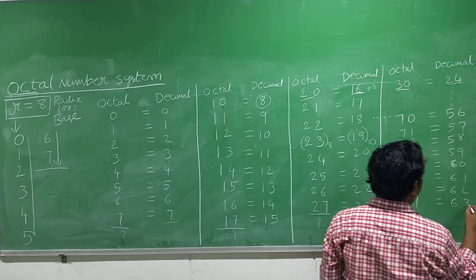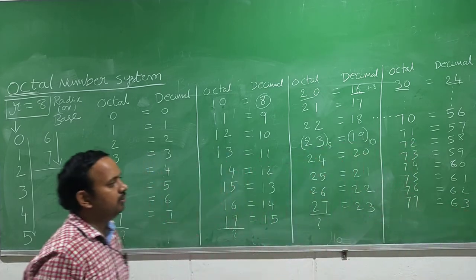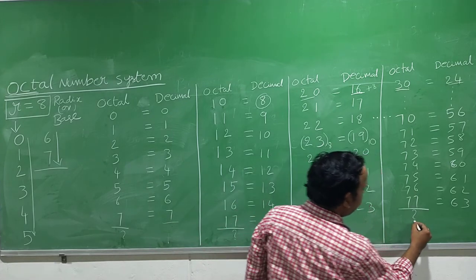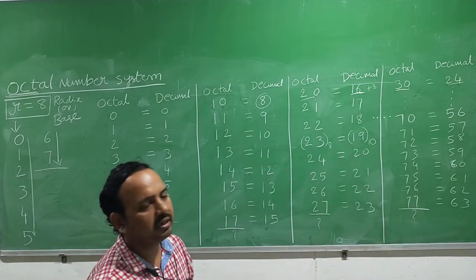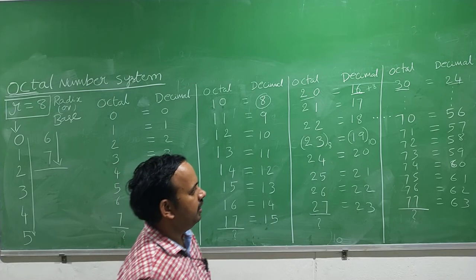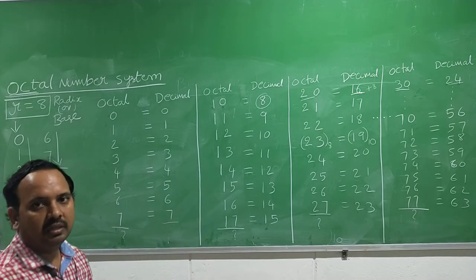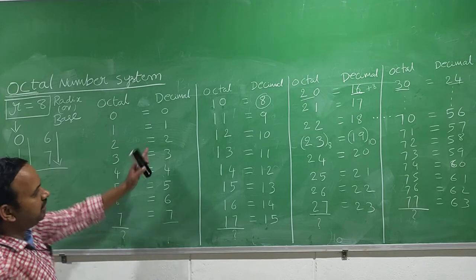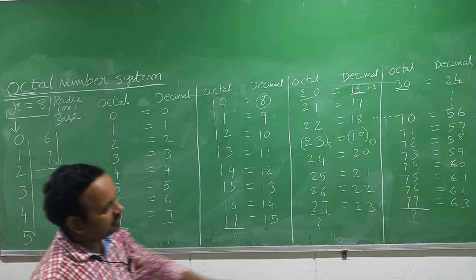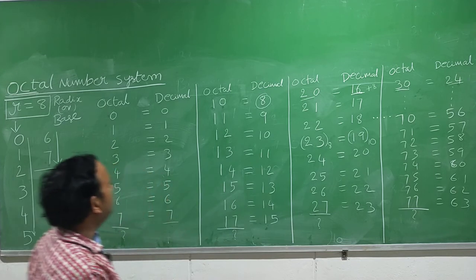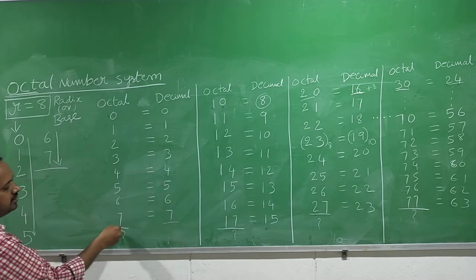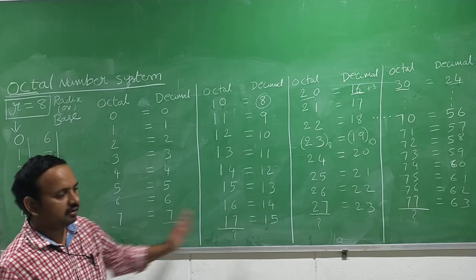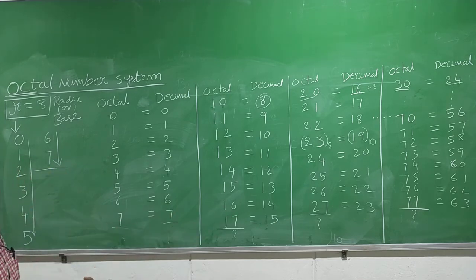Okay, like this. Now I want to know what is the next number after 77 in the octal number system. Okay, so we will use the same procedure. I'm just overwriting here. After 77, what do you have to do? You need to write the sequence one more time. This time 7 times you have already repeated, right? This time you are repeating for the 8th time.